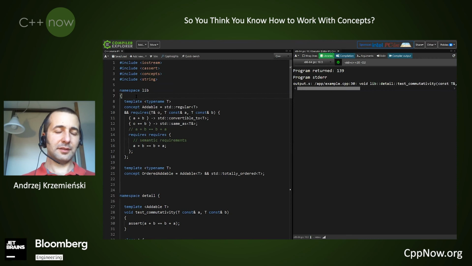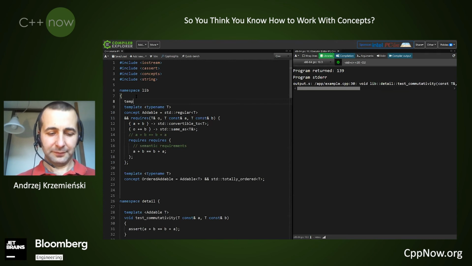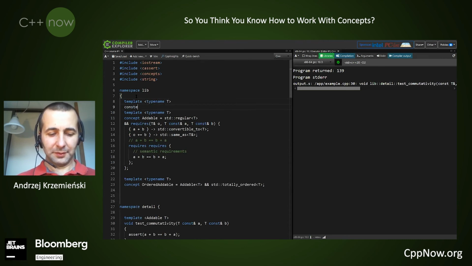And for this, let's use another template, which will be a variable template. So it's not a function template, not a class template, it's a variable template. We declare a template of bool, a bool value that will be parameterized by our T. Enable the bool.